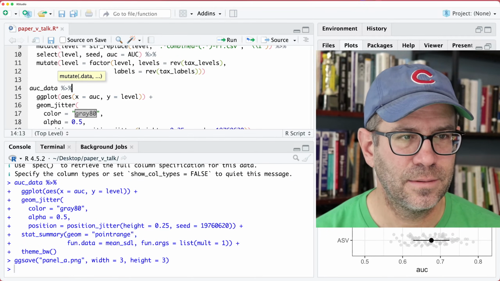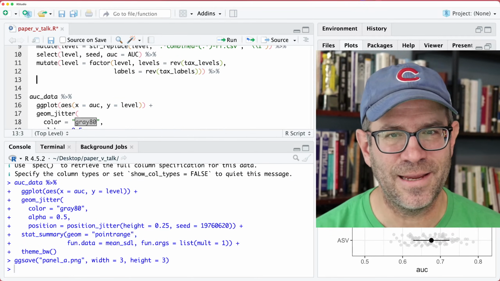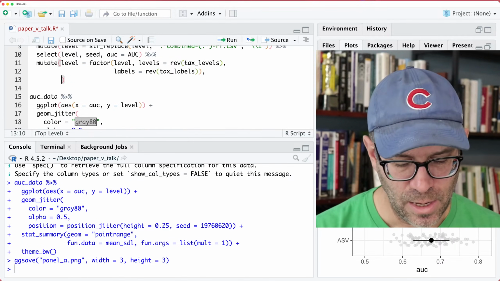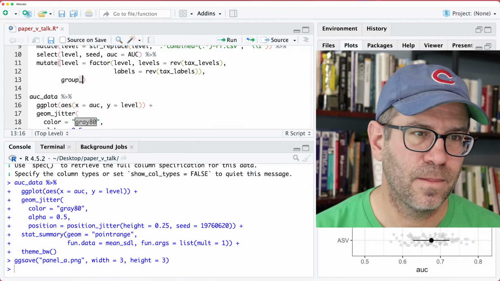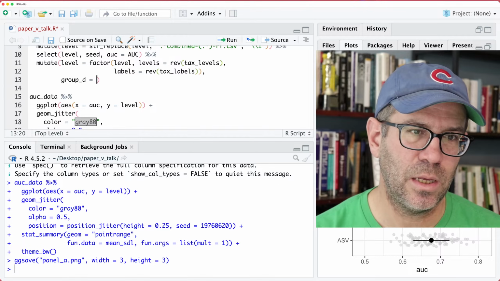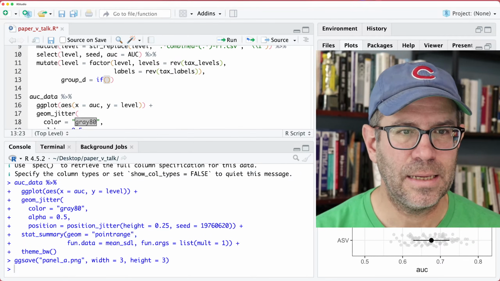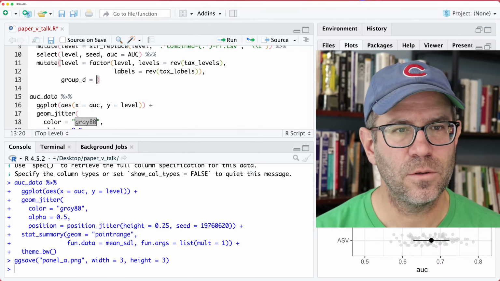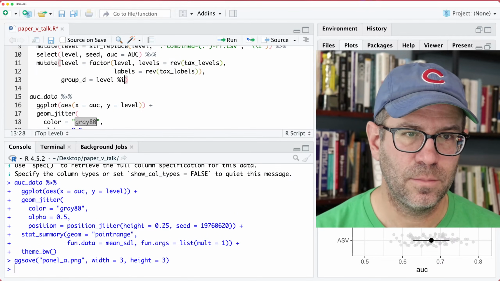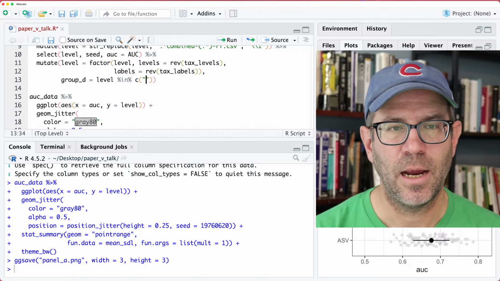Actually, let's come back up here into the data and do another mutate, add to the mutate, and we'll say group D equals, and I will do, or no, we'll do level percent in percent, and then I'll do,